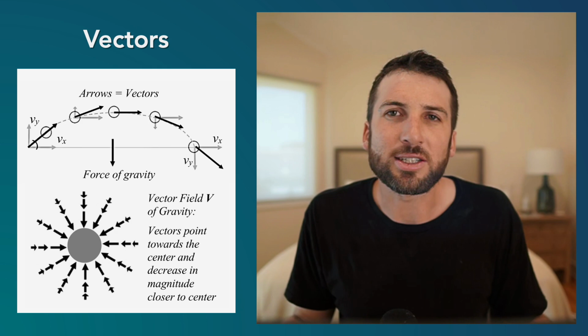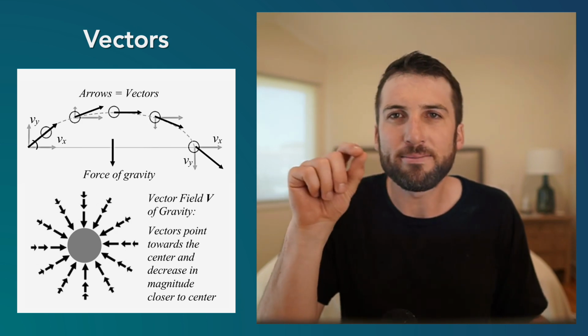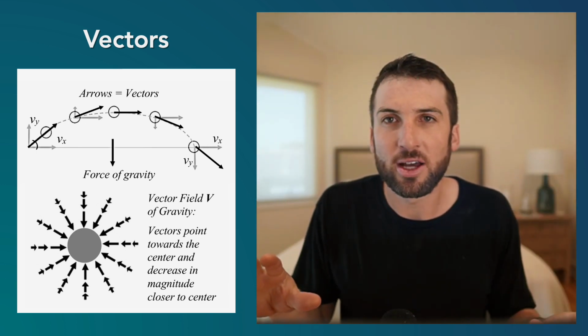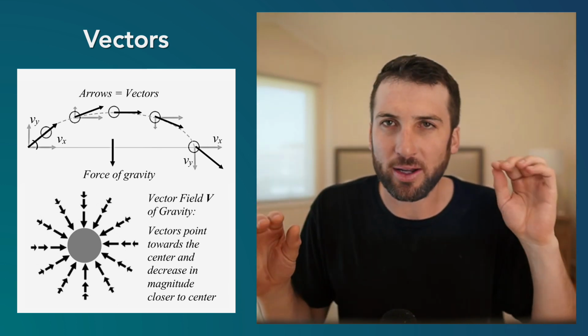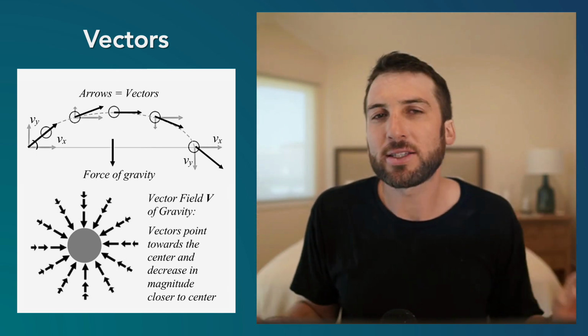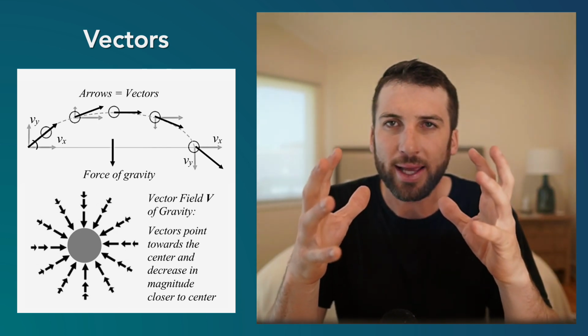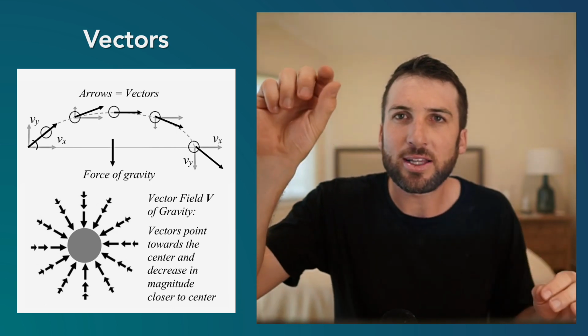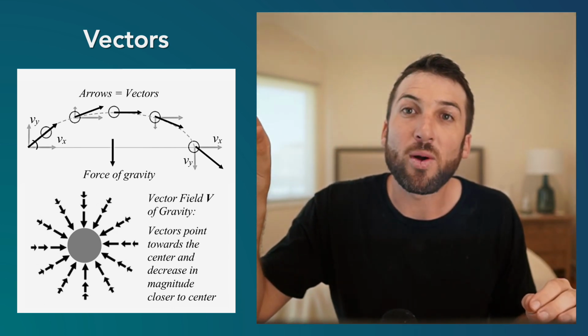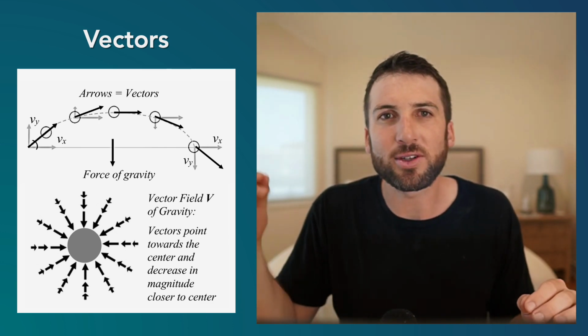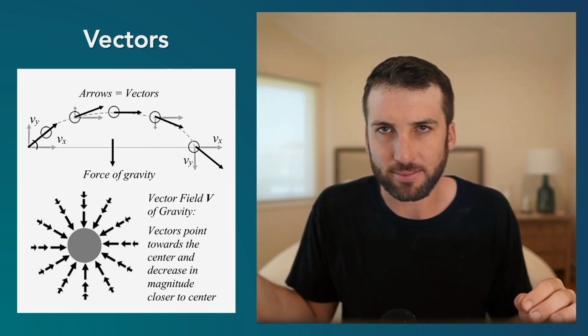Now, another way to think about vectors is not just for one point or one object moving along, but for a whole field. So what is the vector at each point of a field? An example of this is the Earth. So imagine the Earth as a spherical planet. And now we want to calculate the vector, the force of gravity, at each point. If a test particle was placed at each point in this field, what force would it experience?